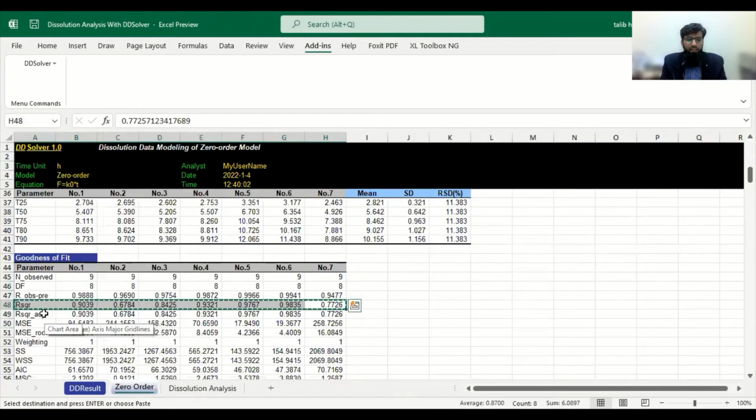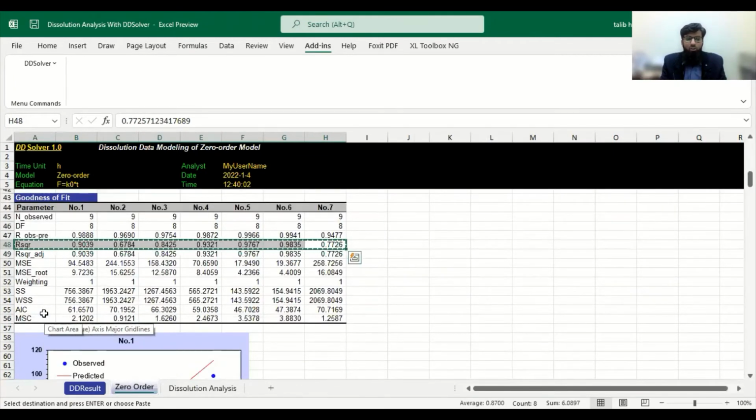Thirdly, we require some more parameters. There are two parameters which can be used for model evaluation also. For model evaluation, we can use AIC and MSC. MSC stands for model selection criteria and AIC for Akaike information criterion. So AIC and MSC can be used to further select a model.